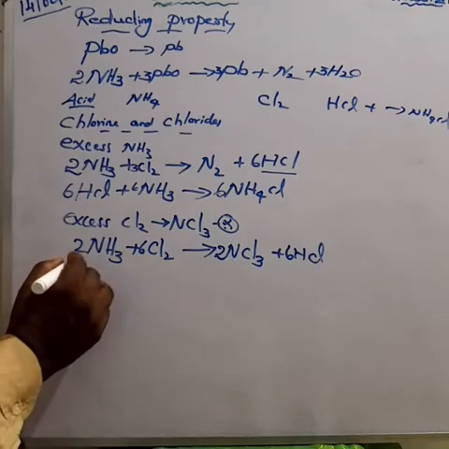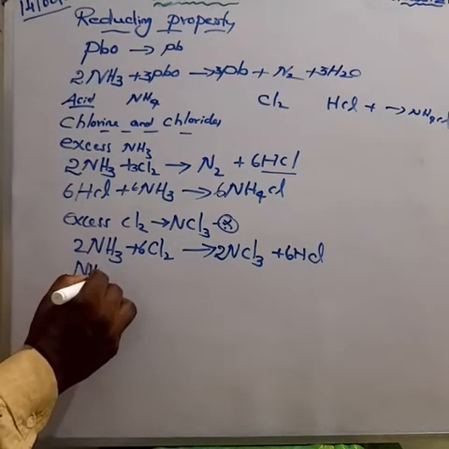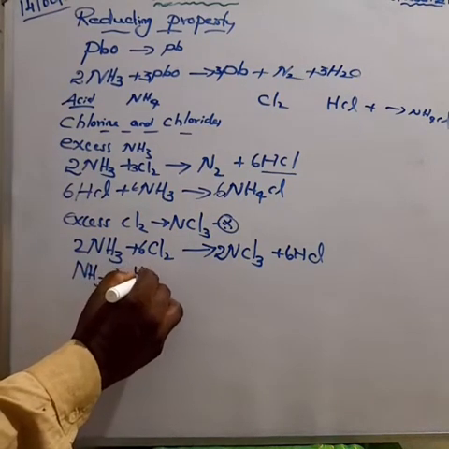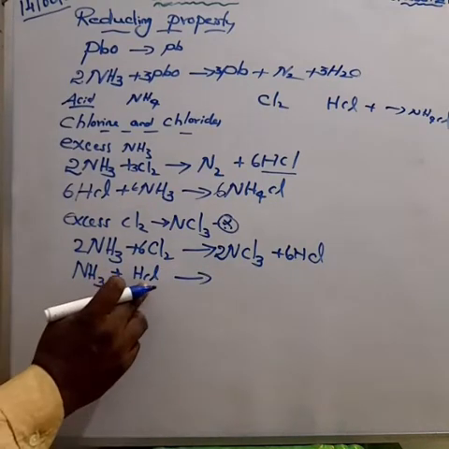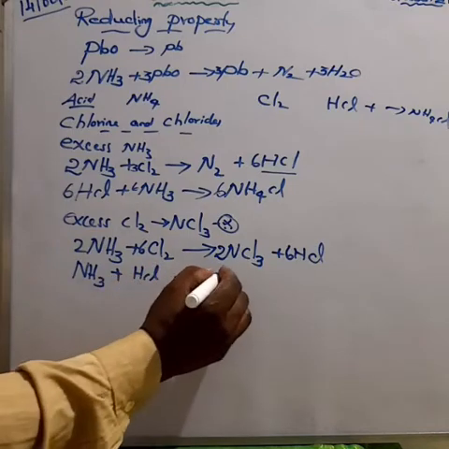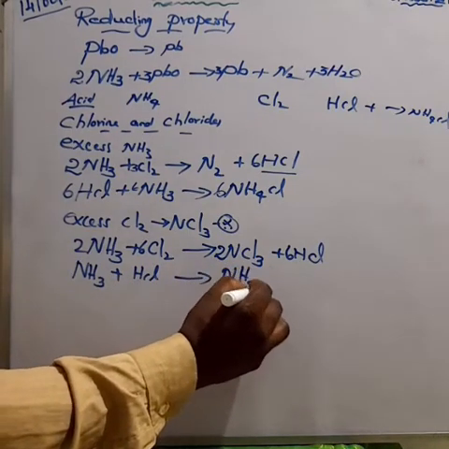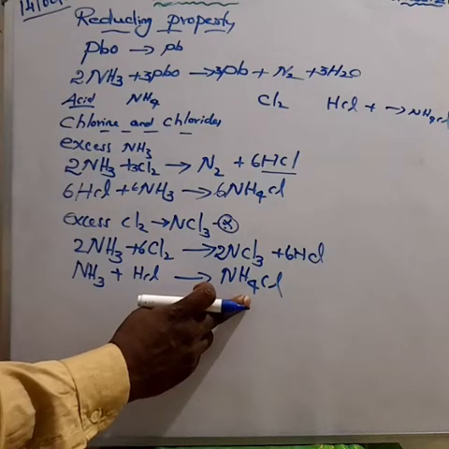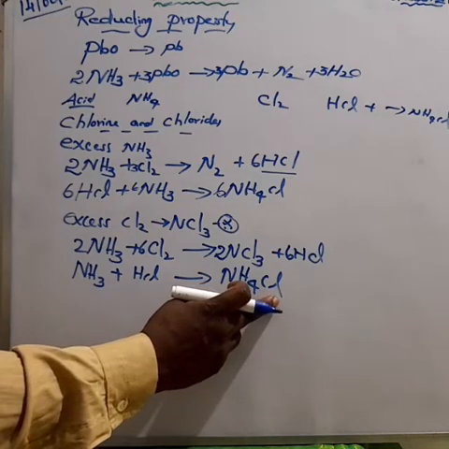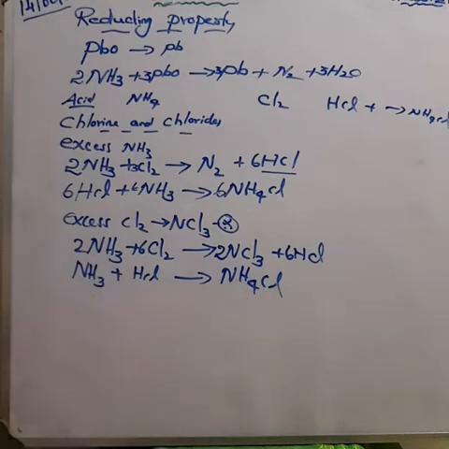Next, this ammonia again reacts with hydrochloric acid. We get ammonium chloride. What is the formula for ammonia? NH3 plus hydrochloric acid, HCl, gives NH4Cl. So how to balance the equation? How can we balance the equation? Ammonium means, all of you know that one, NH4Cl. So it has only 1 chlorine. So the reactant side also has only 1 chlorine.